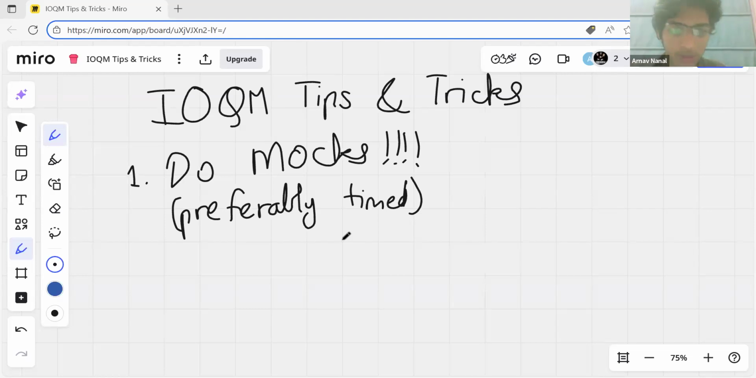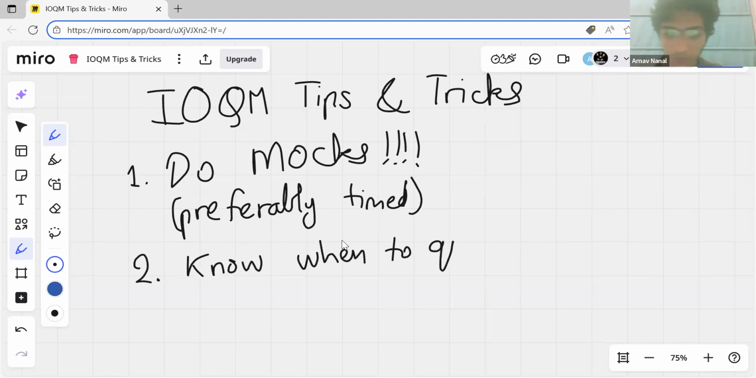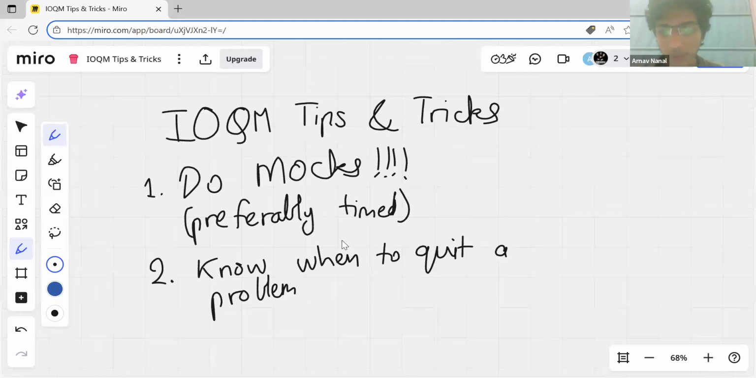The second thing to note is, if you're trying a problem, it shouldn't happen that you're stuck on that problem for like 20 minutes. 20 minutes is a lot in IOQM. In general, when you're doing math only, you generally don't care about time. But here you need to know when to quit. Since there are a lot of problems, you need to get an idea that at this point I can't do anything else, or even if I can do something else,